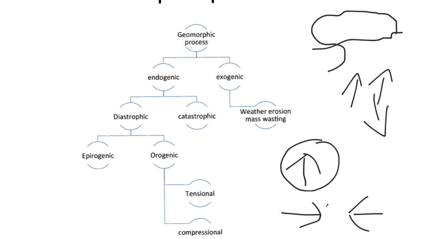Now these forces are acting tangentially. So what is happening? Let's say there is a crust here, and some kind of force acting tangentially. It is causing a kind of compression. Okay, so this is one kind of force, called the tensional force. Okay, if the same force